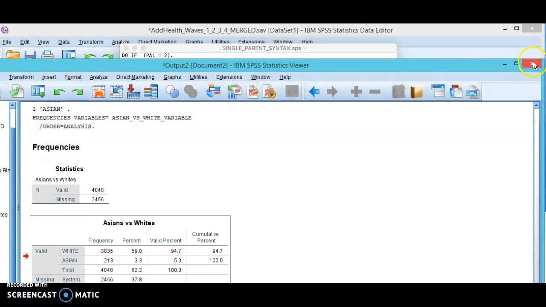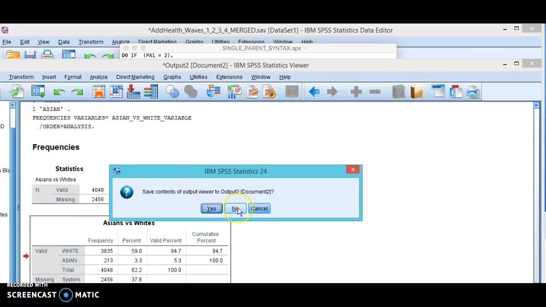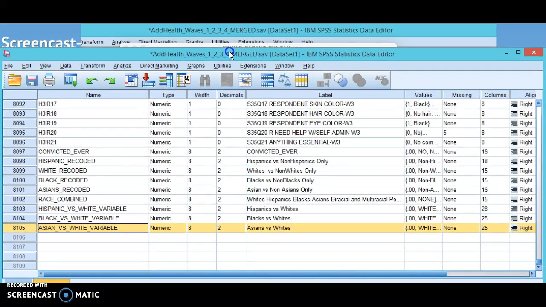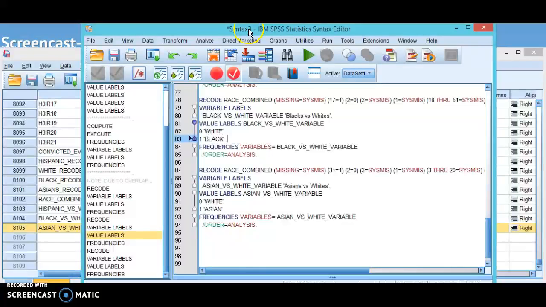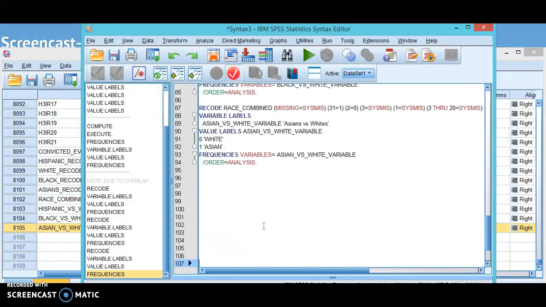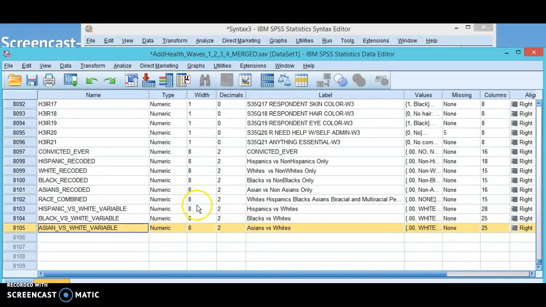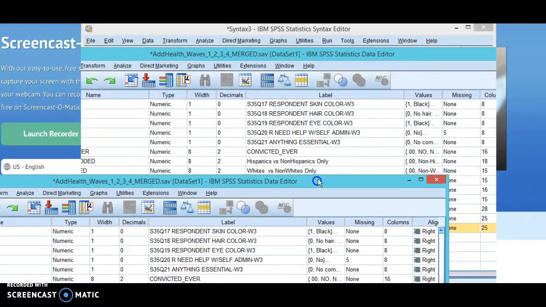Okay, so I'm going to close this output because I'm kind of done with it. I don't need to save it. Single parent syntax, same kind of a thing. Okay, so you can actually just kind of hit return several times and give yourself some fresh syntax if you want, or you can close it and open up a new one by going File, New Syntax. But I have this